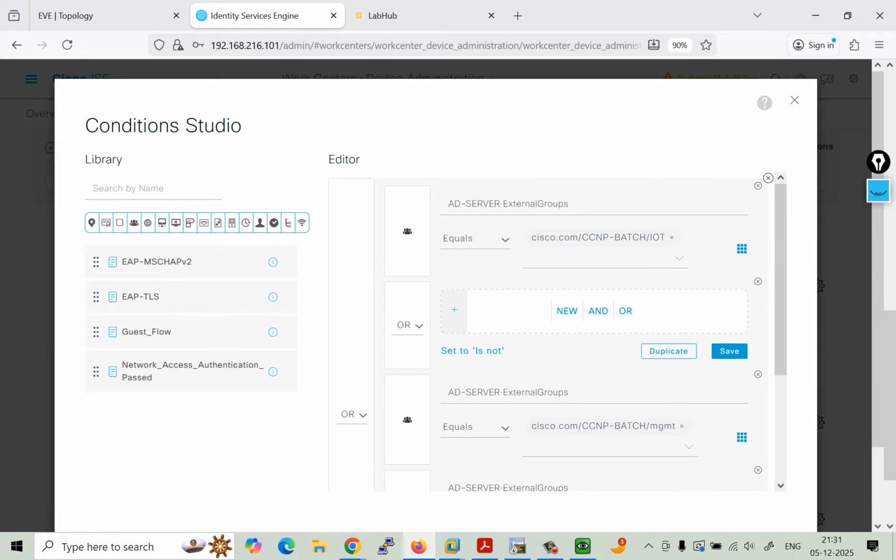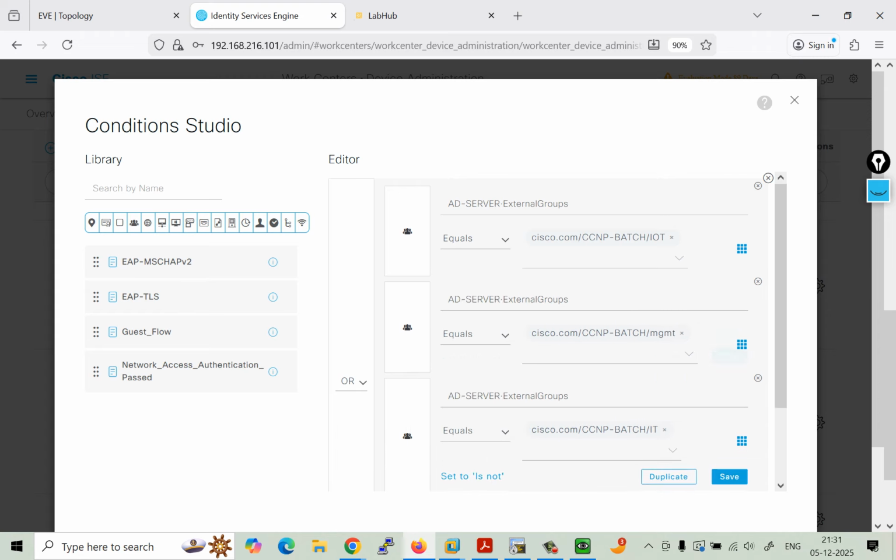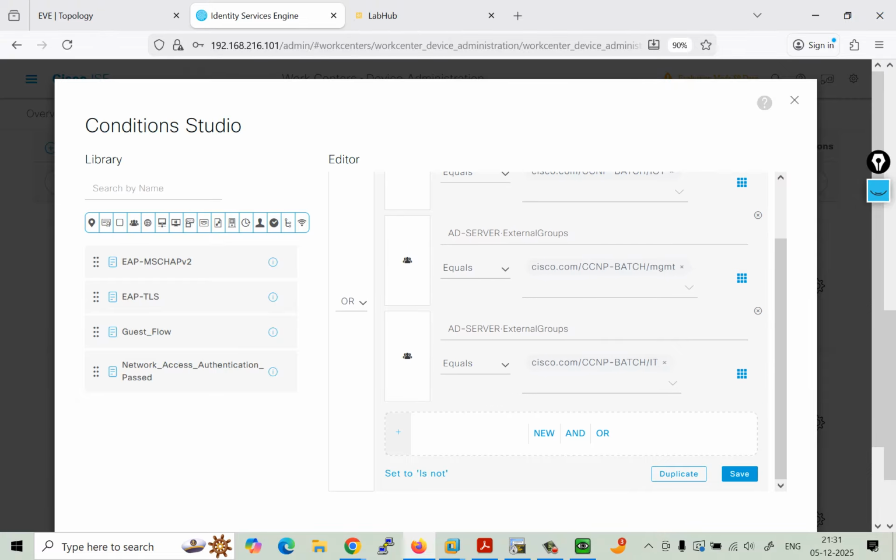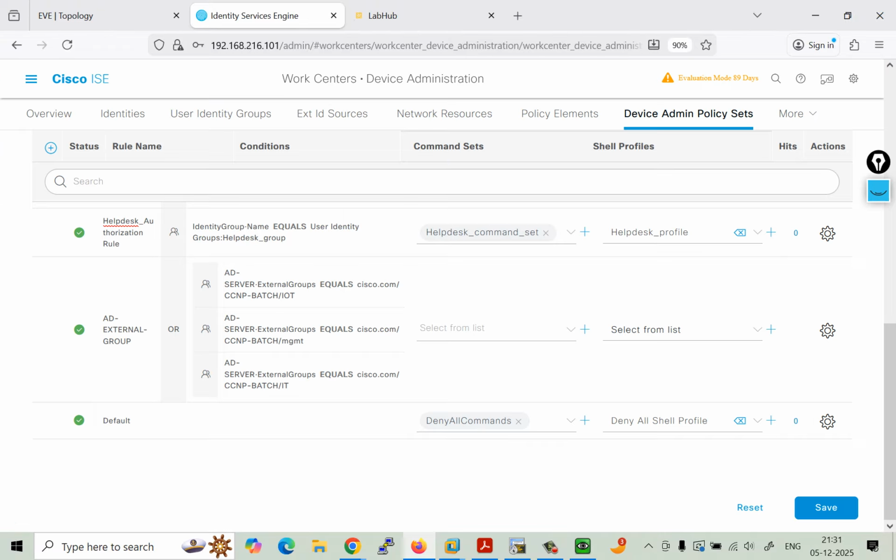Okay, and remove it. Okay, so those are in equal, and here is the OR gate. OR gate means any one of them. It can be IoT management or IT, and now use it. So see,